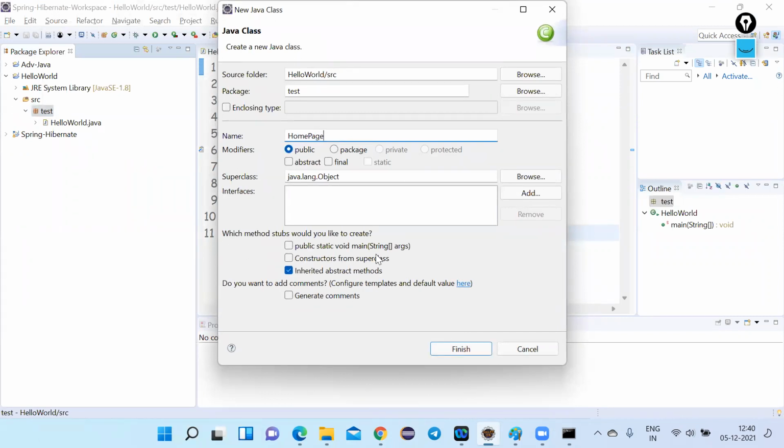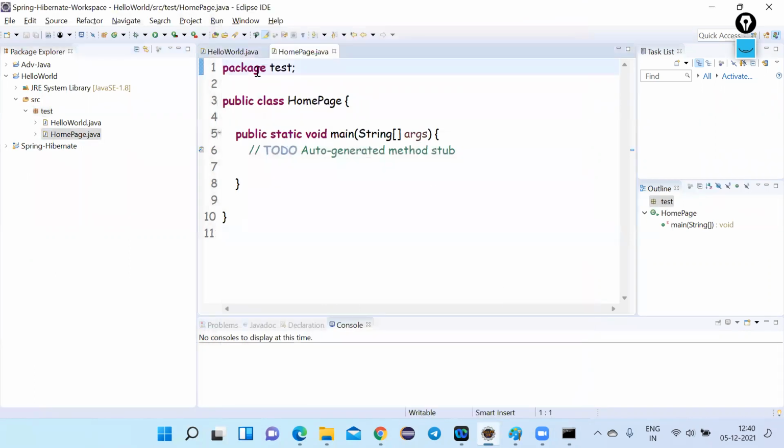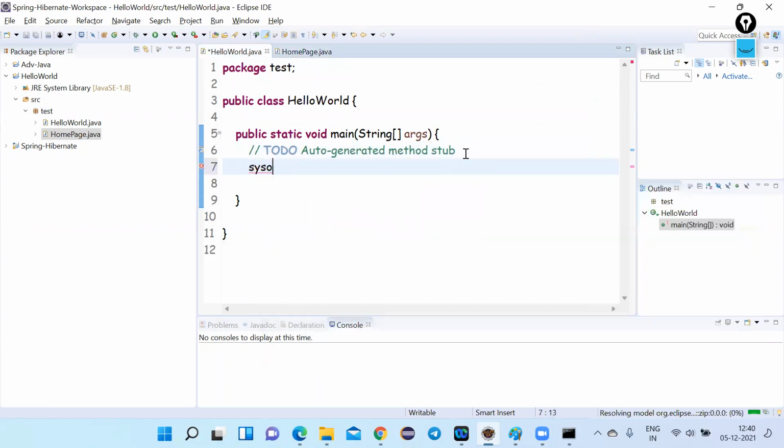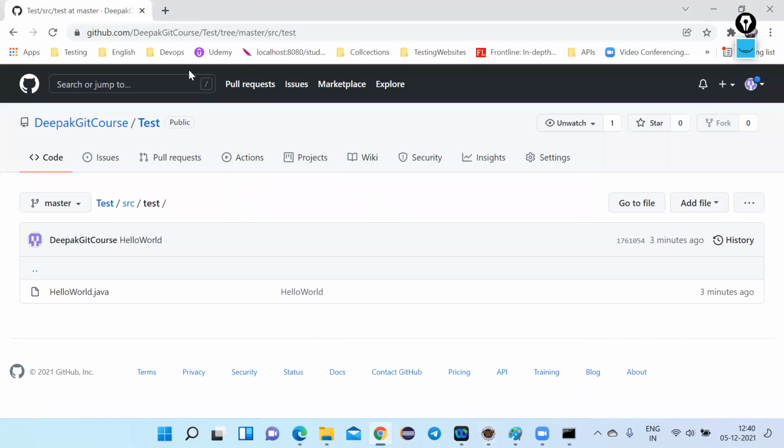Home page. Okay. So we have created a class called homepage in this hello world. So let me add code to this. So I modified this file and I added code in this hello world as well.